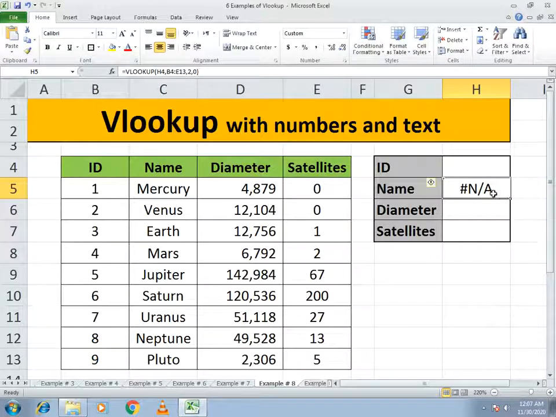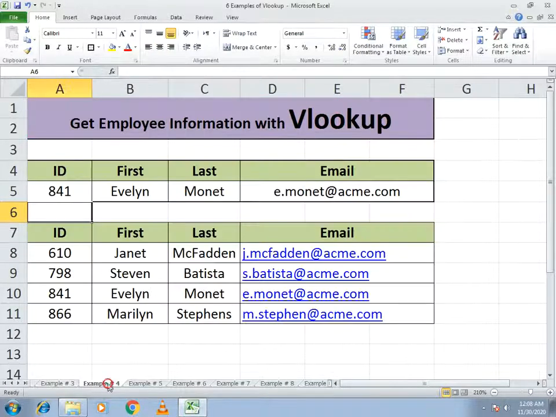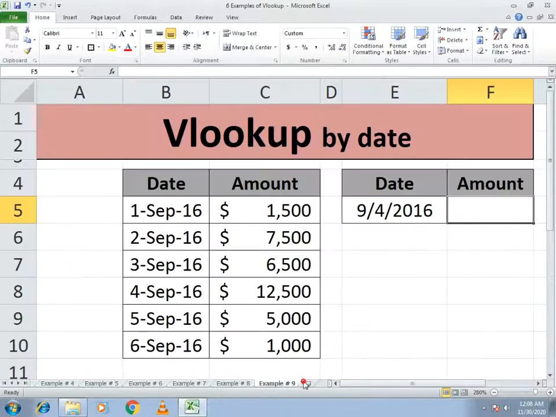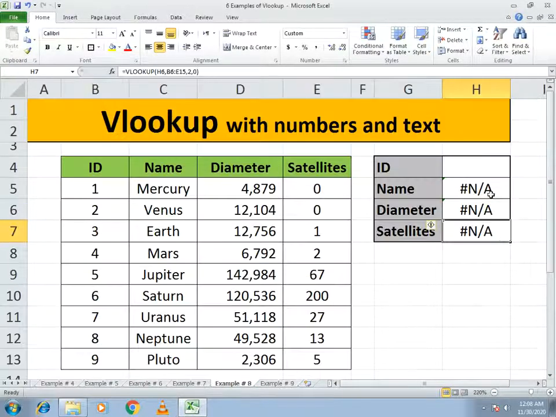Then you have to just select the formula, copy, and paste it, and again select and paste it. So to get the data in the vertical column, here you see our example number 3. Here we just drag it because the data in row is in our horizontal way, so you have to just drag it. But if the data is in a vertical column, you have to just write here